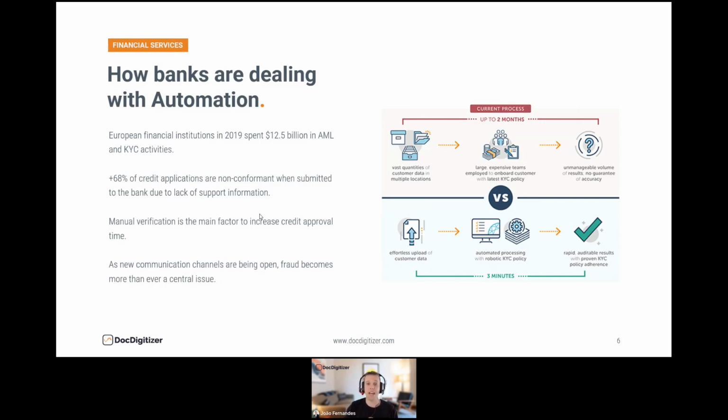Okay, and a rough estimate of the time and money spent on this accounts for, as you see here, I would say more than $10 billion that are spent yearly on supporting these processes. On top of this, this is essentially the process that induces lags on the process.